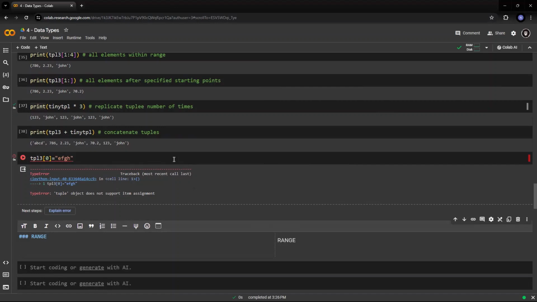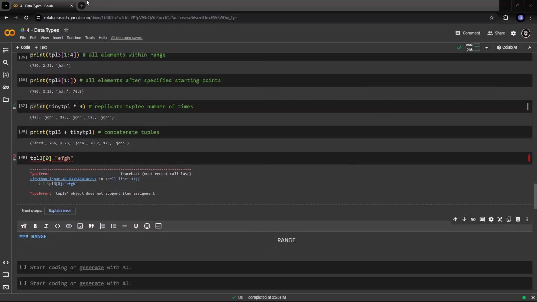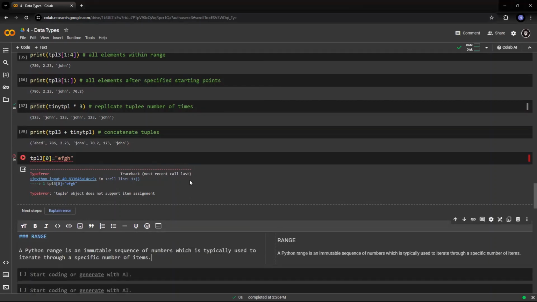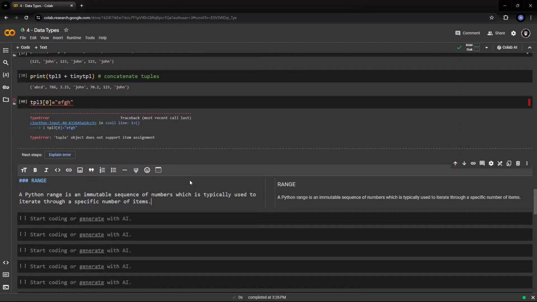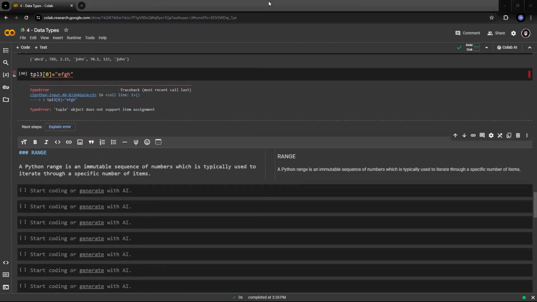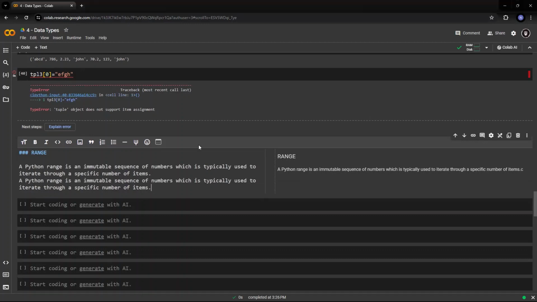Now range in Python is an immutable sequence, just like tuple, which is typically used to iterate through specific numbers. Range is mostly used in loops, like for and while loops, where you want to iterate through a specific number of times. So usually the syntax of range is